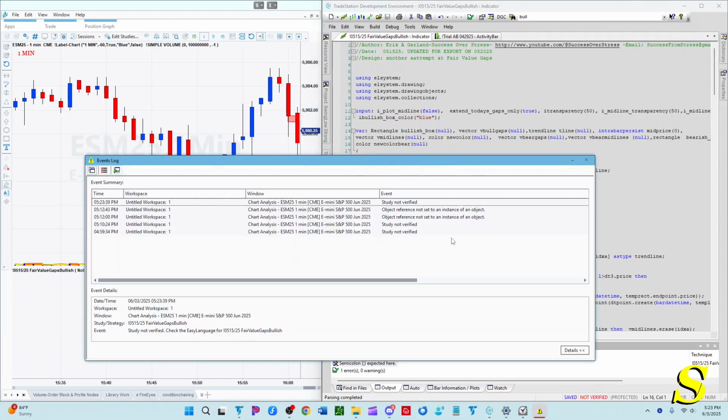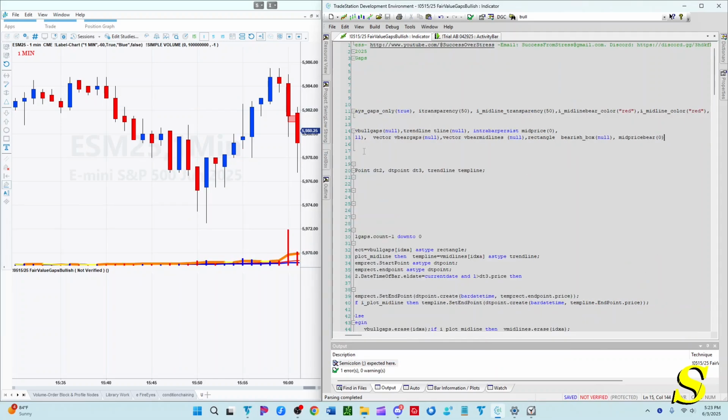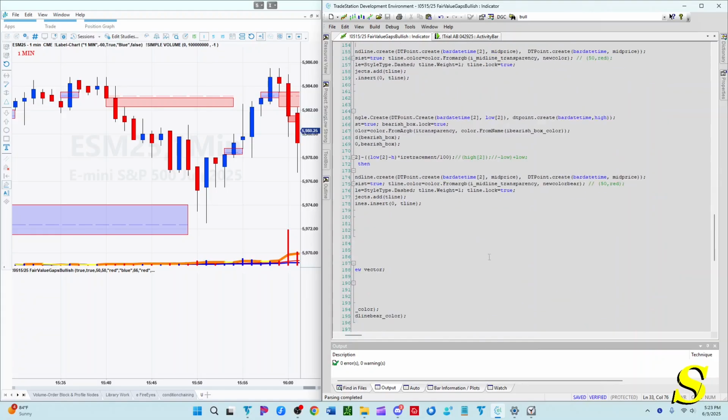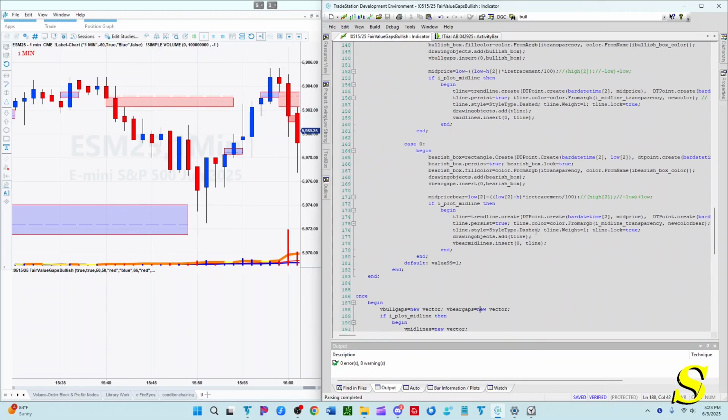Okay, verify. All right, what we got? Did I not put a comma over here? Nope. Okay, there we go. All right, so this is red, but it's up too high. And this seems right. That price is too high. Mid price bear